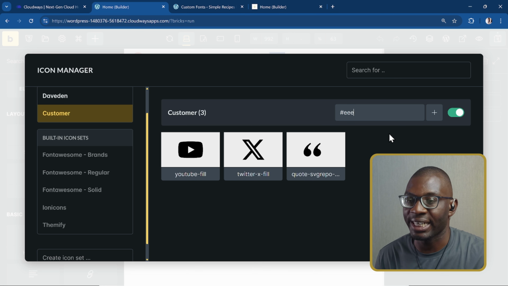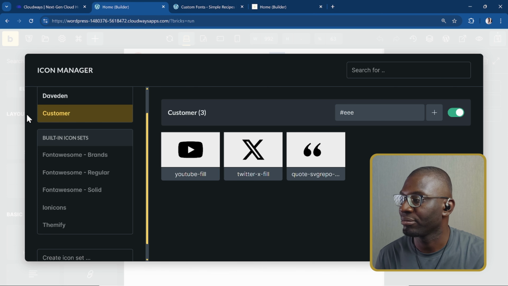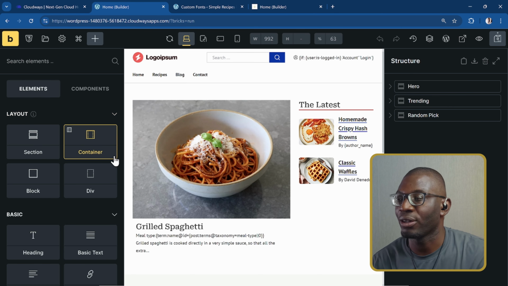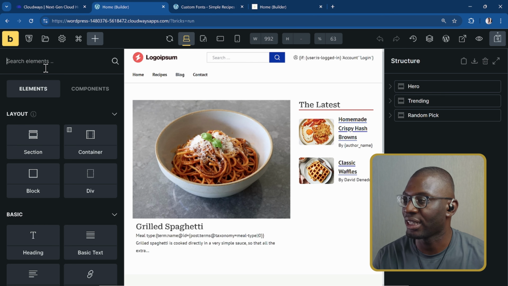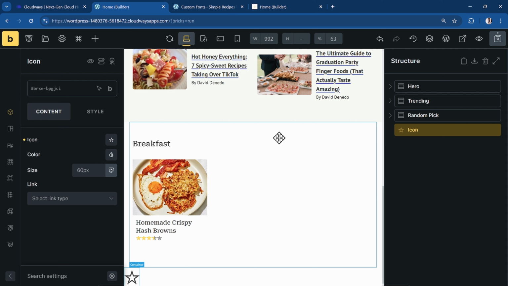If you want to deactivate the icon for any reason, just click on the icon set to deactive or active. So now that I've done that, we can now come and add an icon. So let's go ahead and add icon element. In that icon element, I want to choose my icon now. If I click on the icon,